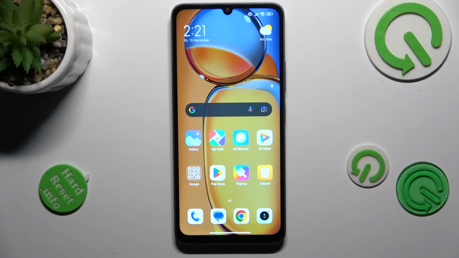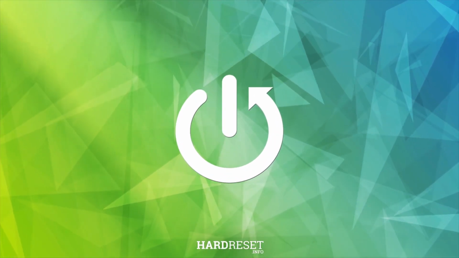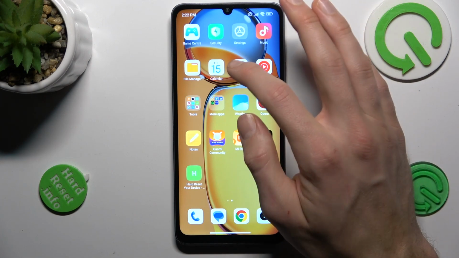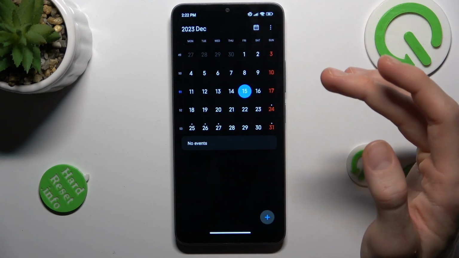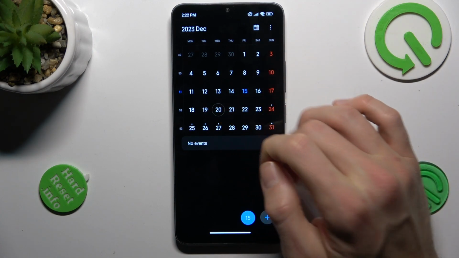Today I want to show you how to add an event to your calendar on your Xiaomi Redmi 13R. Firstly, to do that, we must navigate to the calendar. In it, we choose the day when we want to add our event, maybe the 20th of December. We click there, and